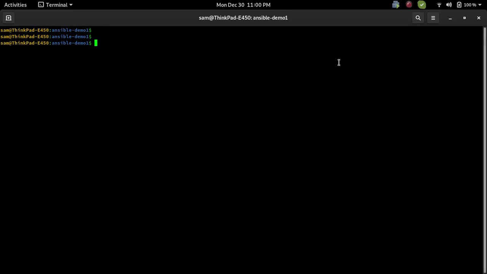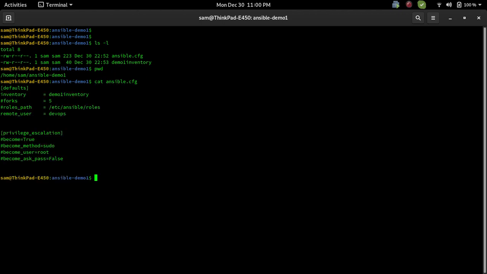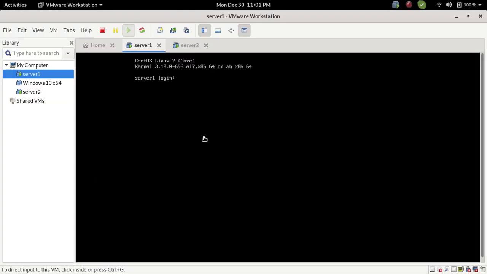In my previous video, I demonstrated how to create an inventory file as well as the ansible.cfg file. So I'm proceeding from the same location. So this is my ansible.cfg which has the one inventory file, and this is the inventory file. Here there are two servers mentioned, server1.example.com and server2.example.com. I have these two servers running in my VMware workstation, so you can see server 1 and server 2, and